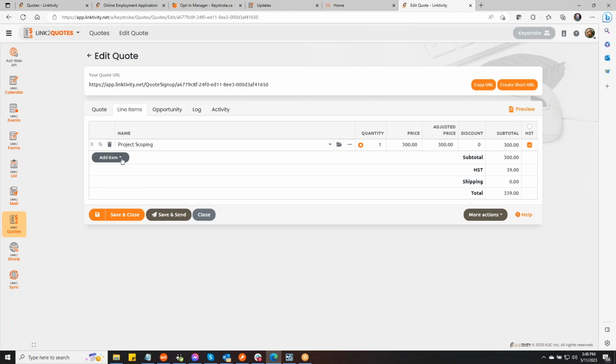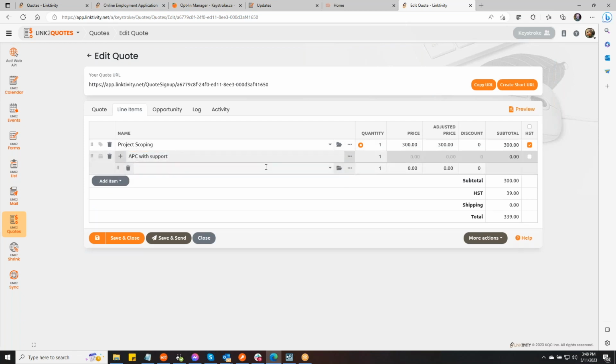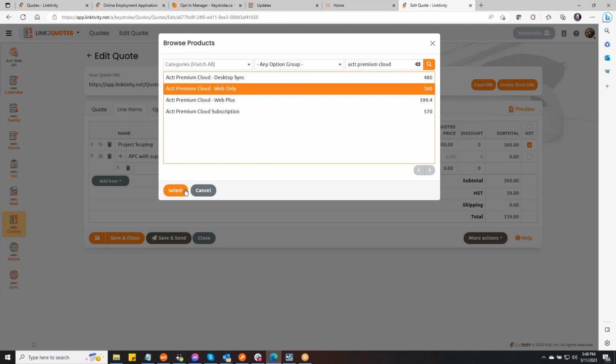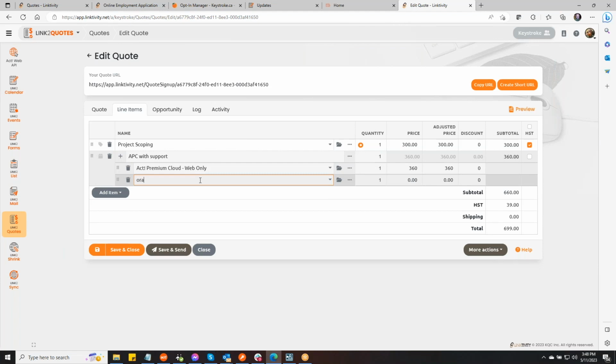So I'm going to click on Add Item, and I'm going to say Product Bundle, and I'm going to say APC with support. Within that, I'm going to click on the plus sign, and I'll just type in Act Premium Cloud. And here is web only, so I'm going to select this. Now I want to add support, so I'm going to look it up a different way. I'm just going to type in orange, and I'm going to say web only. Okay, so now if I click on save,